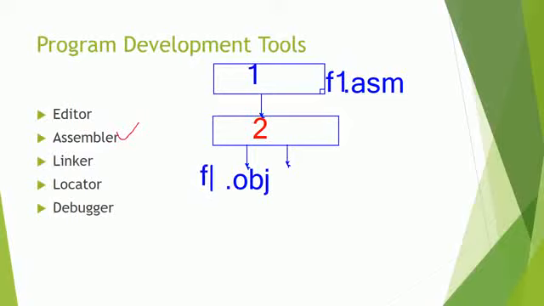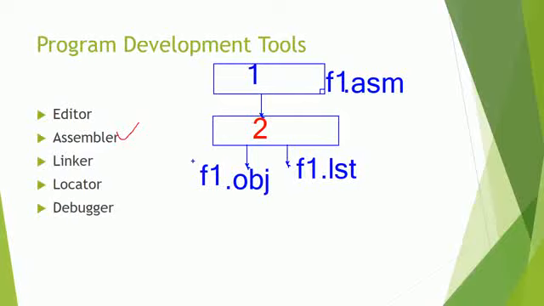F1.obj, and another file is f1.lst. File name is not changing. Okay, now what exactly the f1.obj contains is a question. Why are we supposed to have two different files with two different extensions? File name is the same, but with two different extensions, two files are going to be created by the assembler. One file is f1.obj and another file extension is .lst.